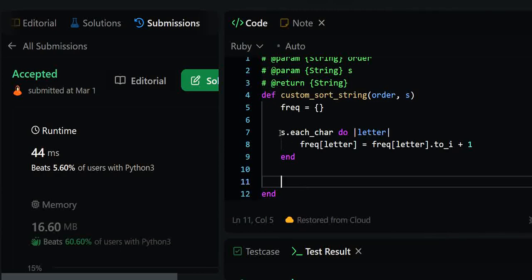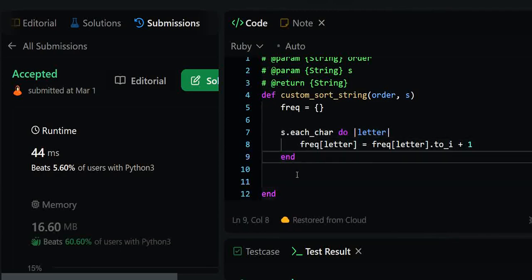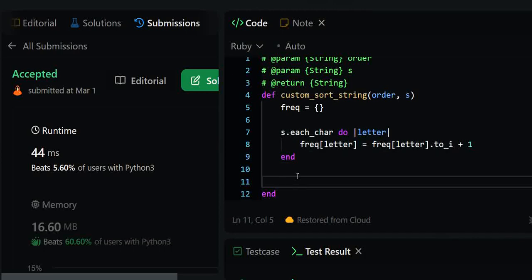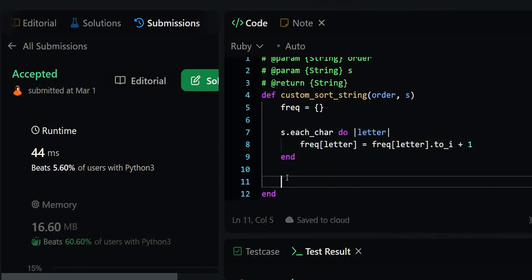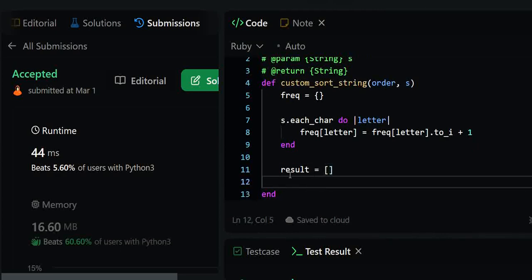After populating our frequency dictionary, we need to now traverse through our order string in order to get the custom sorted order. Before that, we will initialize our result, which is an array. So now we say order.each_char do